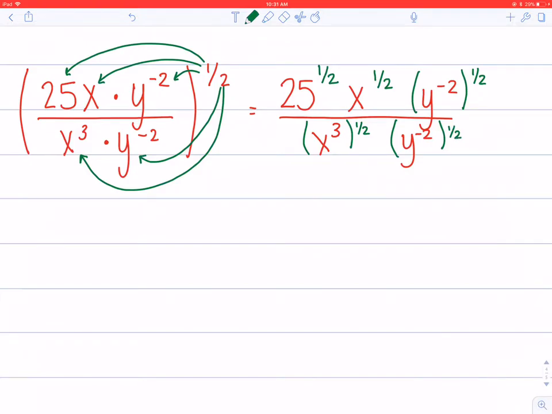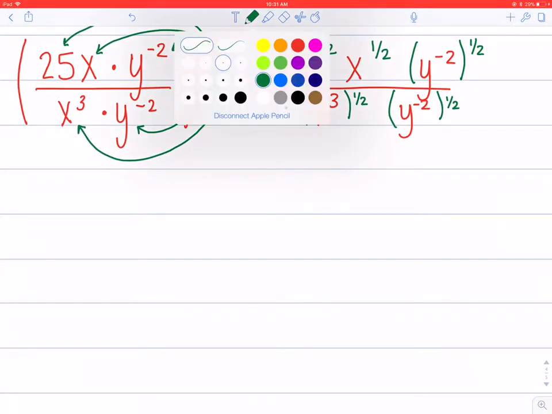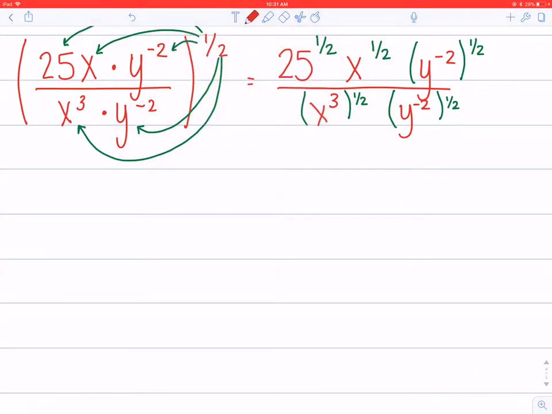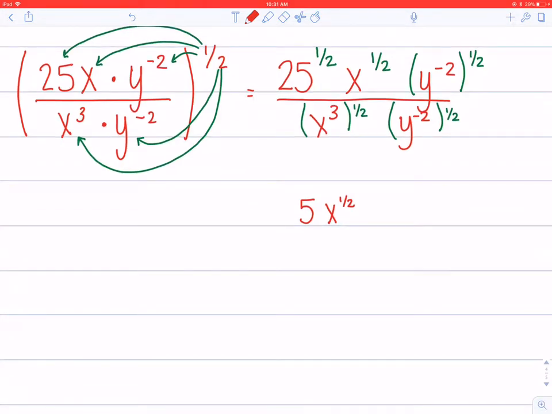Now I go through and simplify. So 25 to the 1/2, we saw in the other example that 25 to the 1/2 power is the same thing as the square root of 25, which gives me 5. X to the 1/2 doesn't change, but y to the negative 2 to the 1/2, that is my power to a power rule, where you multiply. So I'm going to take negative 2 and multiply times 1/2. And I get negative 1. So I'll have y